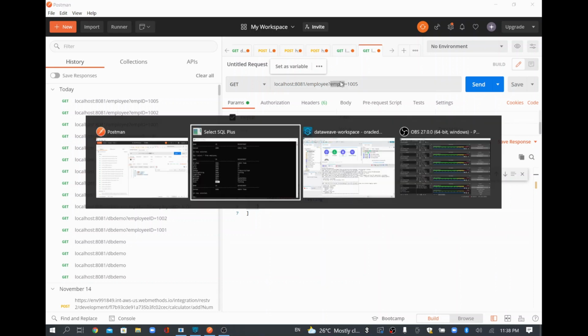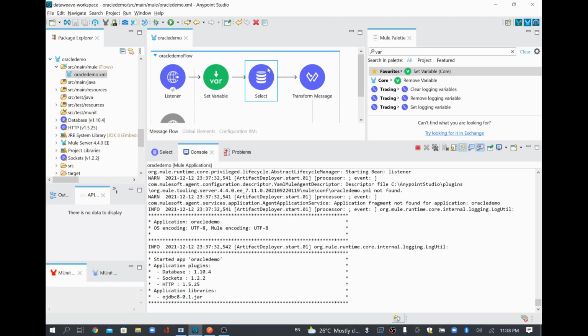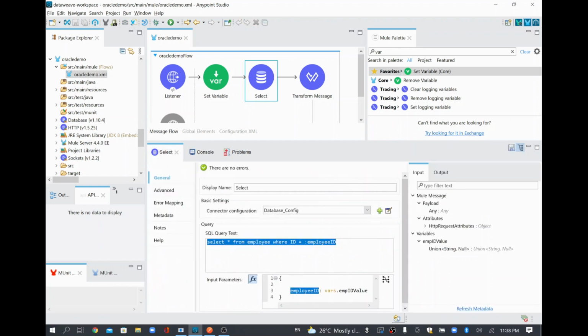That is getting assigned to that employee ID, and once it is available, which is nothing but your payload in your object, it gets substituted here. So this way you can pass the relevant condition and fetch the relevant record from the particular table. So this is for fetching one record.